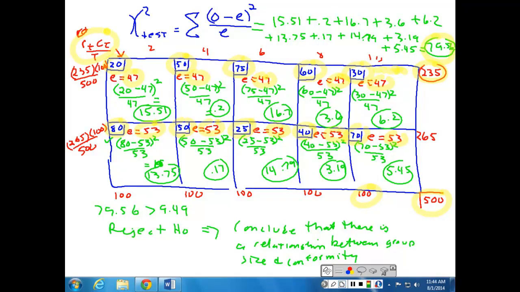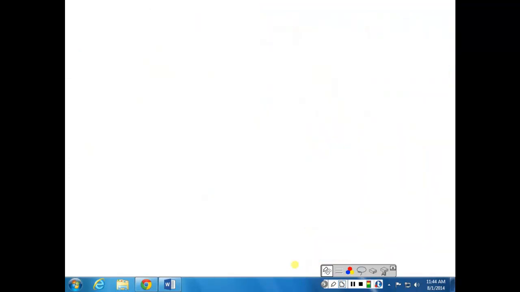Other questions on this one? If you prefer things in columns, I'm pretty sure I have a video that does this slightly differently, and probably another one that does it just like this. This is the way I do it. I just like everything in the table there and just easy for me to see. Okay, so now